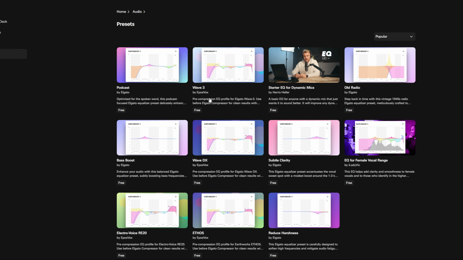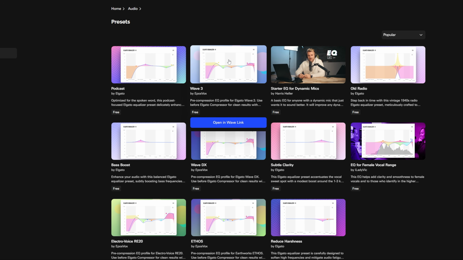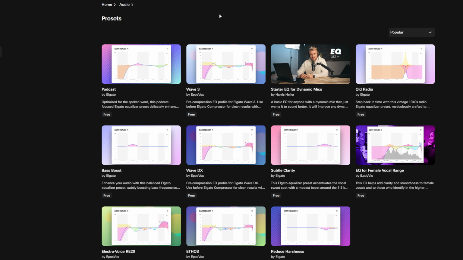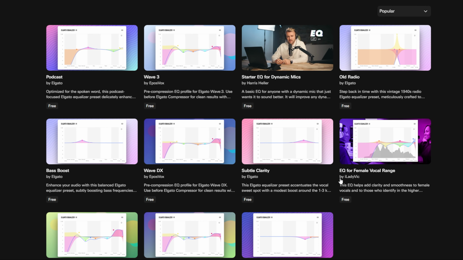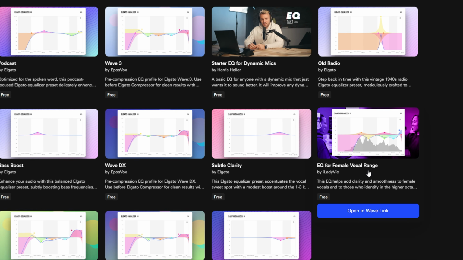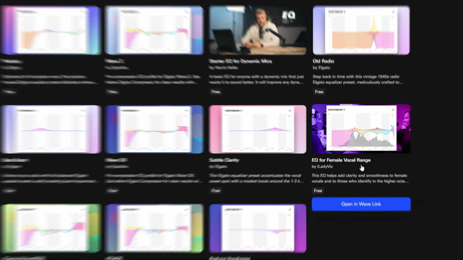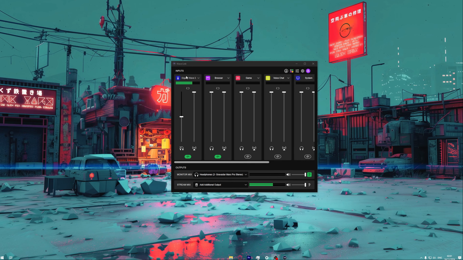Just to keep it simple, I would download this Wave 3 preset, obviously because it's designed for this microphone, or if you have a higher pitch, more femme sounding voice, then come to the EQ for female vocal range and download that instead. After everything's been downloaded and installed, you want to come back to your microphone again, obviously